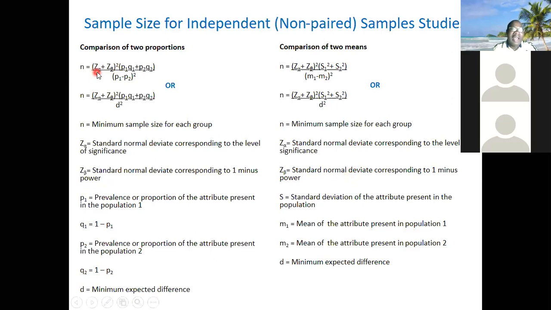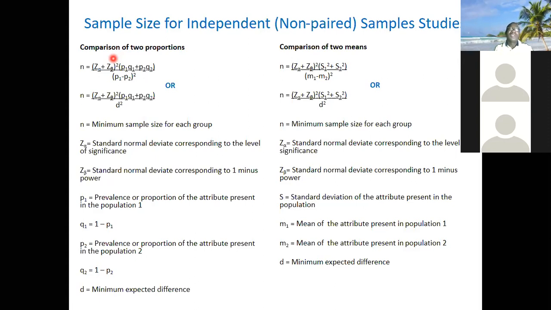You can see Z alpha is the standard normal deviation that corresponds with the significance level. We have talked about it 2 days ago. So if you set your level of significance to be 0.05, which is 5%, that shows that you are 95% confident, because the confidence level and the significance level add up to 100%. So if your level of significance is 5%, your level of confidence is 95%. And for both of them, the corresponding Z is 1.96 for a 2-tailed test. For a 1-tailed test,